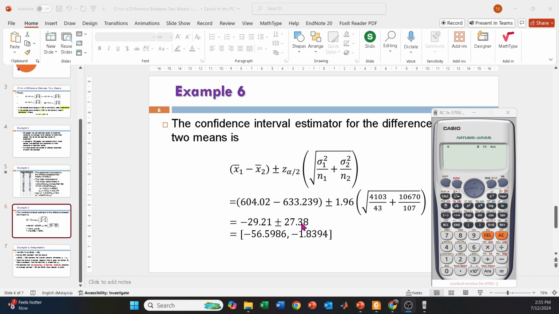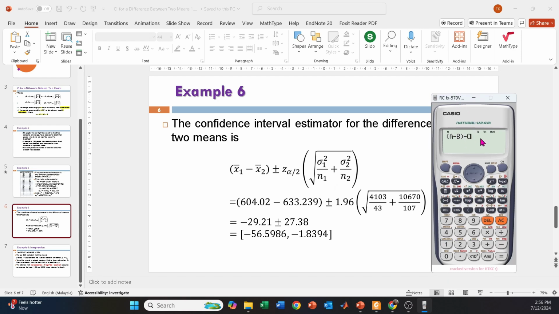Okay, we'll put this into the calculator. I will present x bar 1 as A, x bar 2 as B. So first of all, I put the minus. Okay, the z alpha over 2 will be my C, and then multiply by the square root of